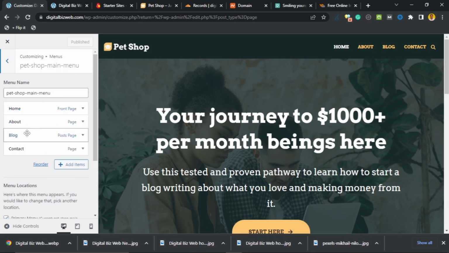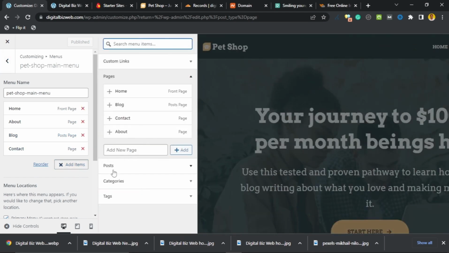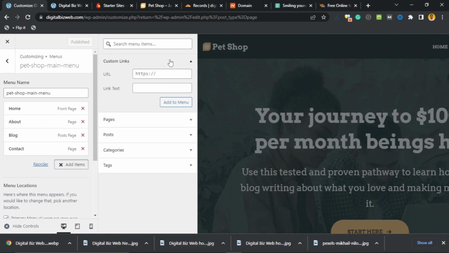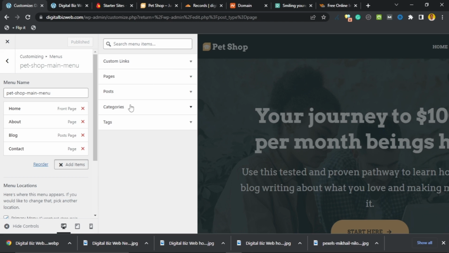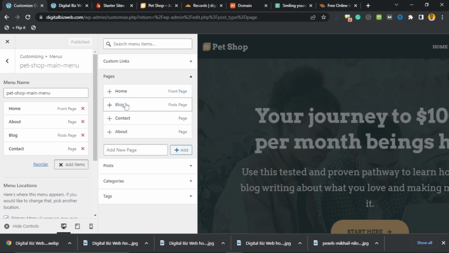All right, so if you want to add a page to this, you can always add an item. If you need a custom link, you put the URL and the text. Okay, but if not, you can always pick a category or a post. I don't like doing that, or a page,